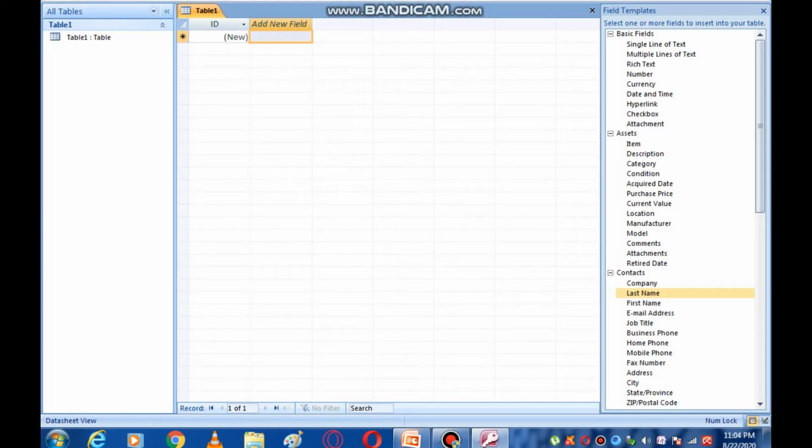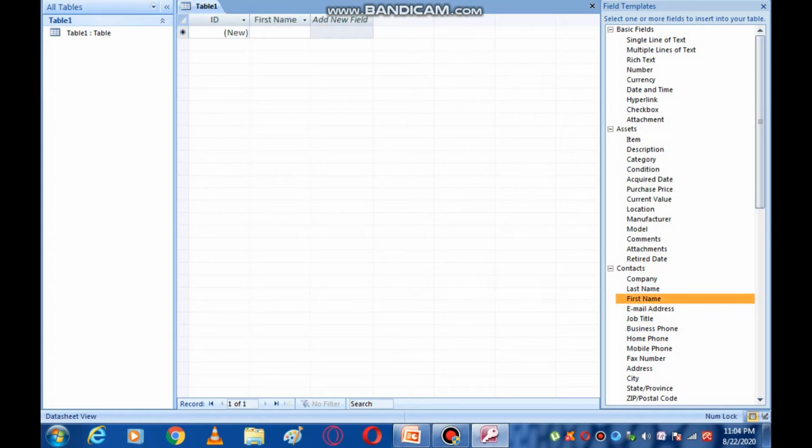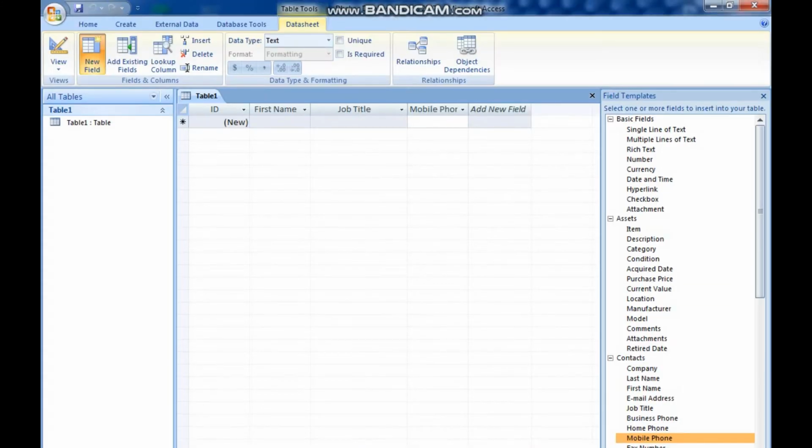Select the fields. We are going to make a 3 fields database. Teacher designation database. Name, select the first field. Job title, select the second field, and mobile phones. Fill the data. Job title, phone number,